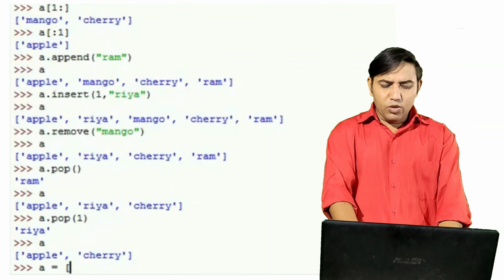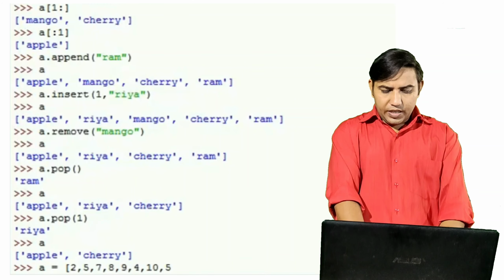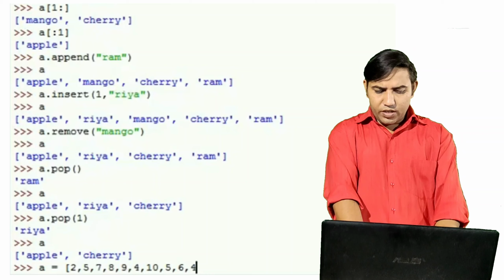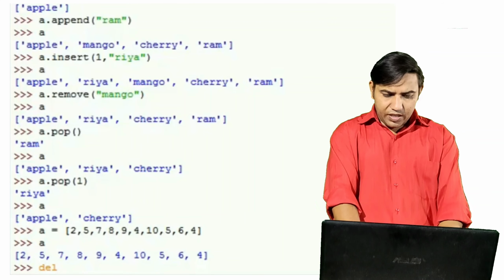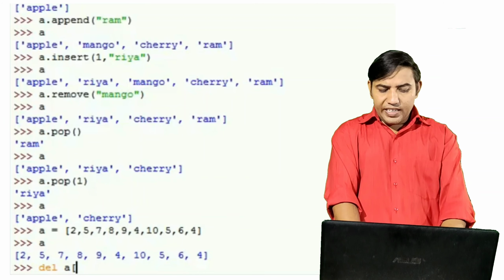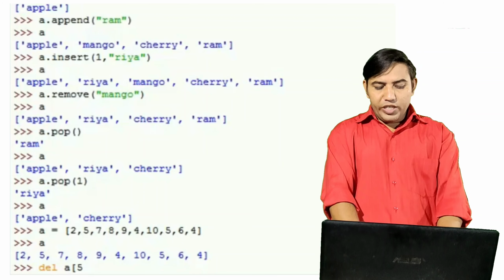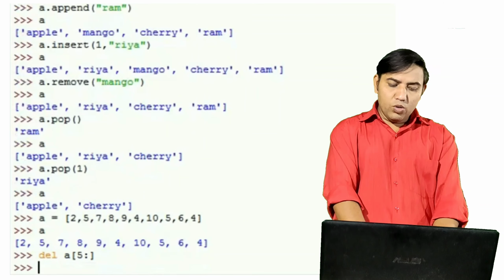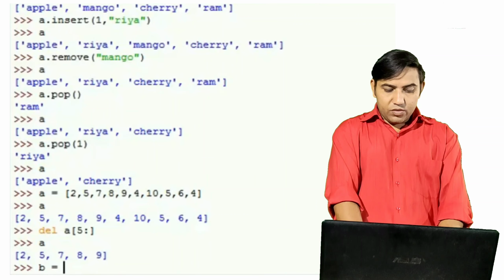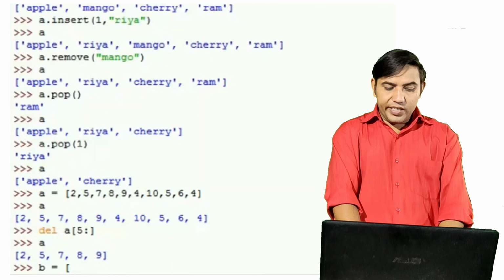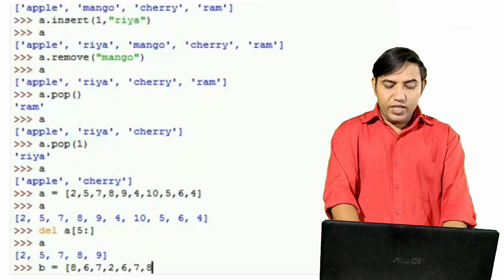So I'm going to create one more list. We have to perform some more tasks. In a list you can insert integers, floats and any values like that. Okay, our list is successfully created. Now I'm going to use the del command, del a. What is the use? If you want to delete multiple values, or you want to delete the whole list, at that time you can use the del command. You can see that. So all the values are deleted. Now I'm going to create one more list.